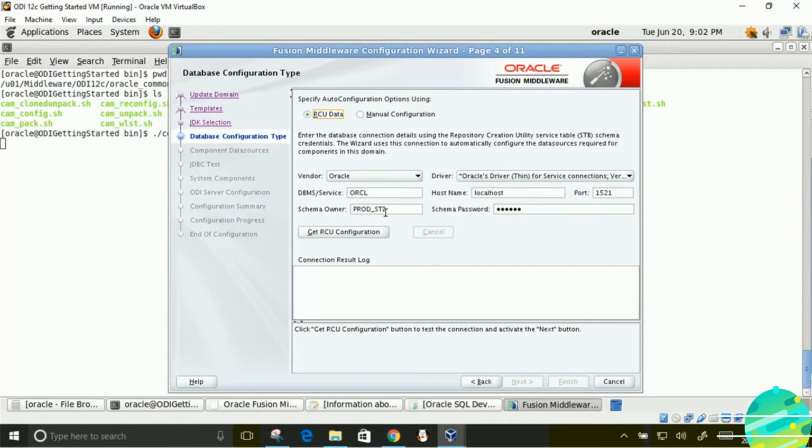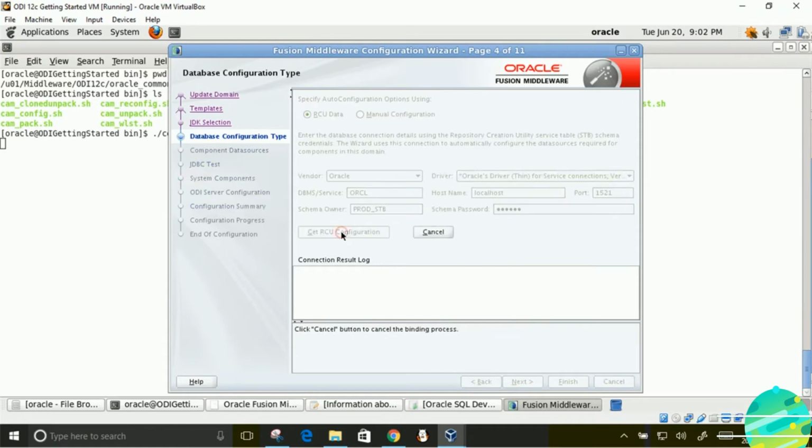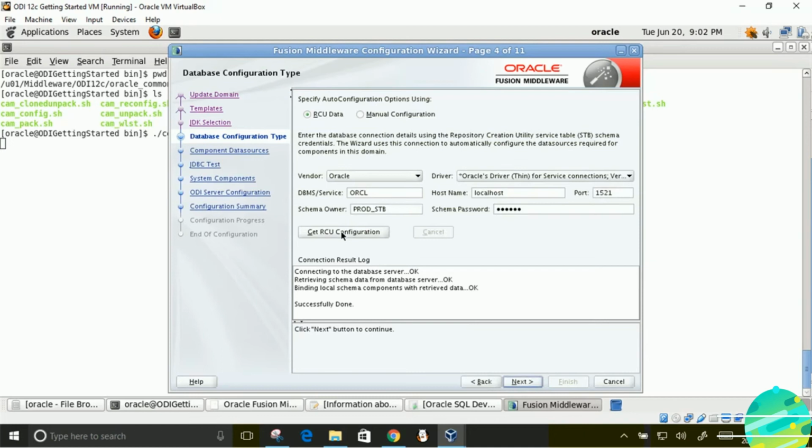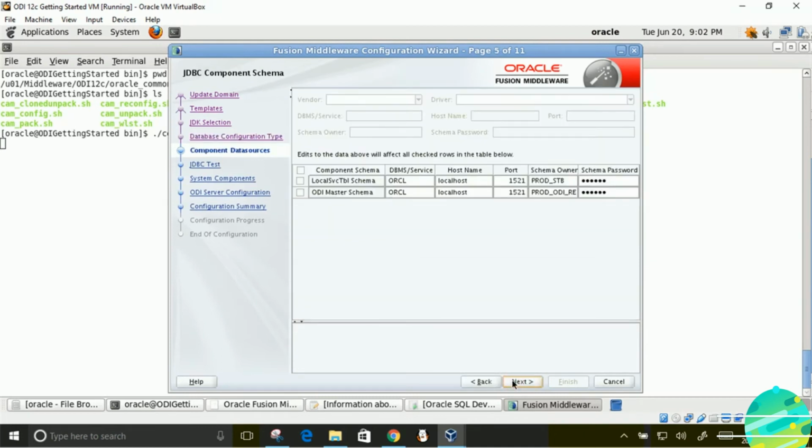Very good. Over here, put schema owner as prod_stb, host name localhost, and schema password will be Oracle. And click on get RCU configuration. Right there, if you see this message successfully done, click on next button.